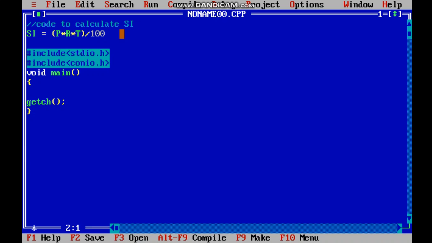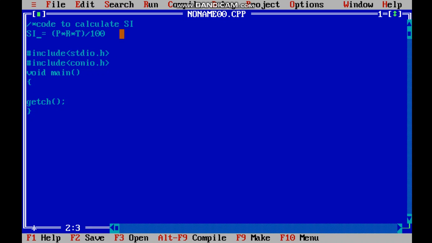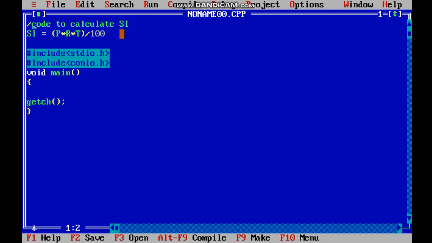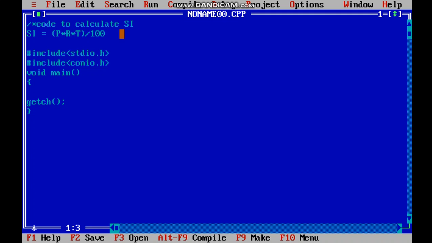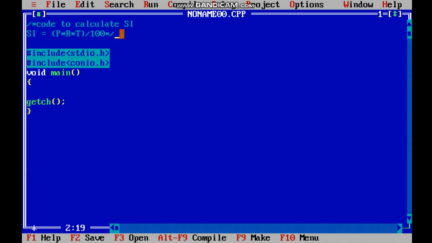What about this? For this I can use a slash, but doing this all the time will take time, or you can say there is some alternative way also. That slash was single line commenting. Now we have multiple line commenting also. Once I use slash asterisk, see everything became comment, right? But I need the comment only till here. So what I'm going to do is asterisk slash. Now only these two lines are a comment.